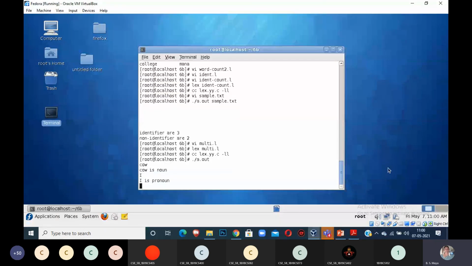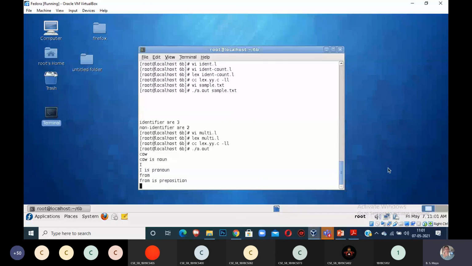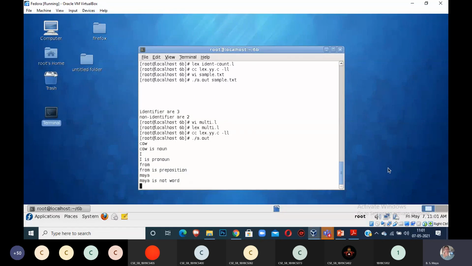The I is pronoun. So then you will get from, preposition. If I give this, that is not a word. It's not any of the multiple parts of speech. Like that it will print it.